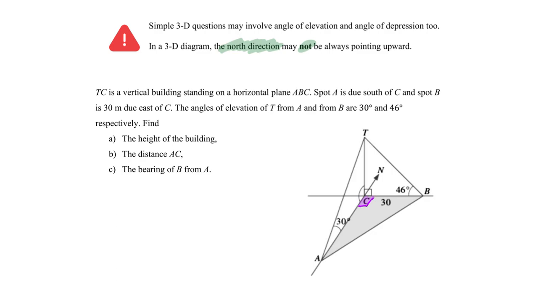For this question, we are going to look at triangle BCT. Why did Mr. Tan choose that? Because the height of the building is TC, and we are given the length of BC. We are also given the angle of elevation, which is 46 degrees. So for part A, if I were to sketch